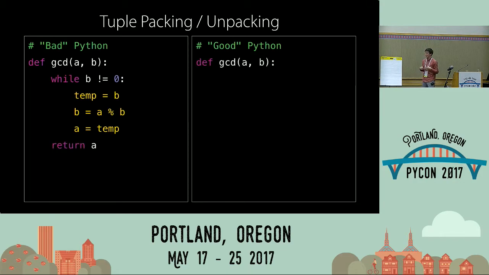But in Python, we have a different approach. Python lets you pack and unpack tuples on the fly. So you can set a and b to new values, the old value of b and the old value of a mod the old value of b, with just this one line. These are stylistic changes that people don't always recognize when they're coming to Python from other places.